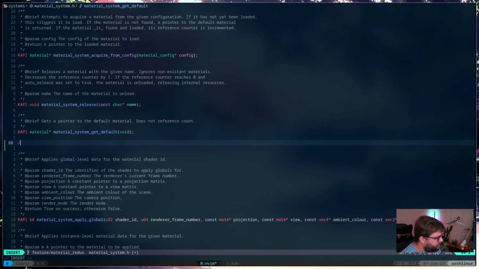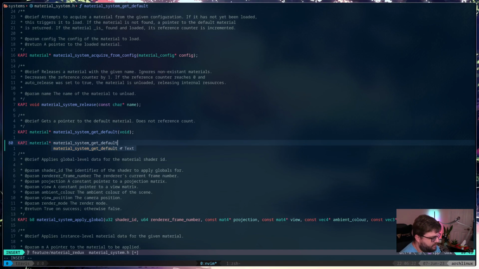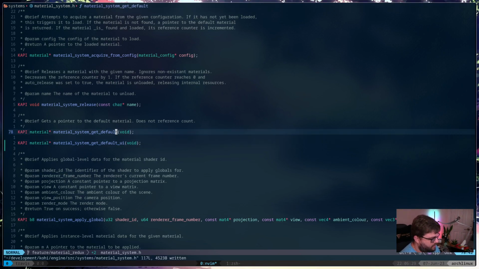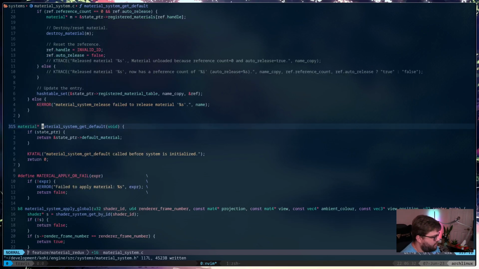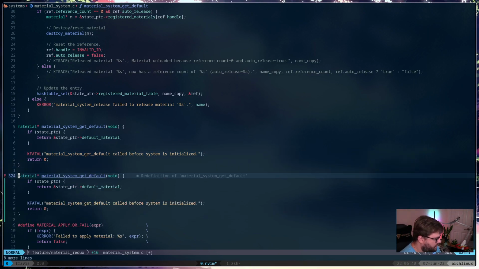So what we need is material system get default UI. All right, and then basically we just need a copy of this, and we'll rename it to UI, and change this to UI.